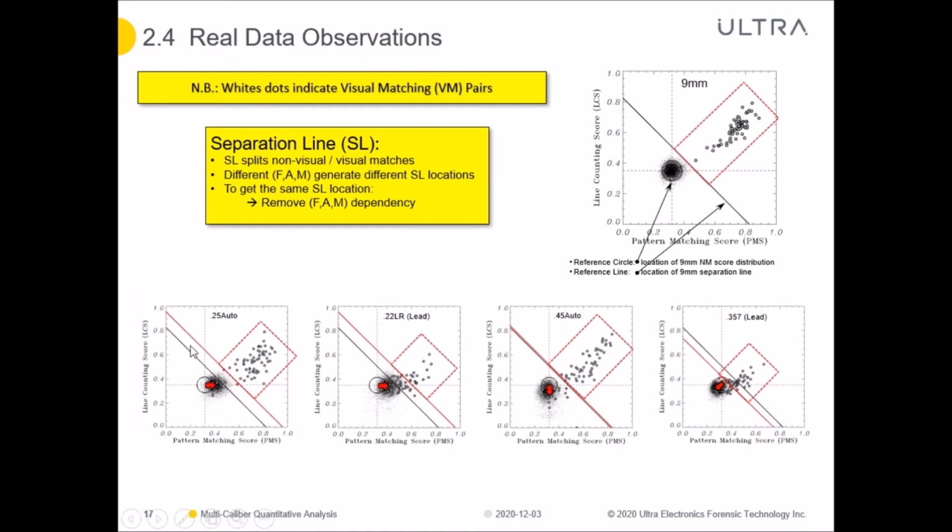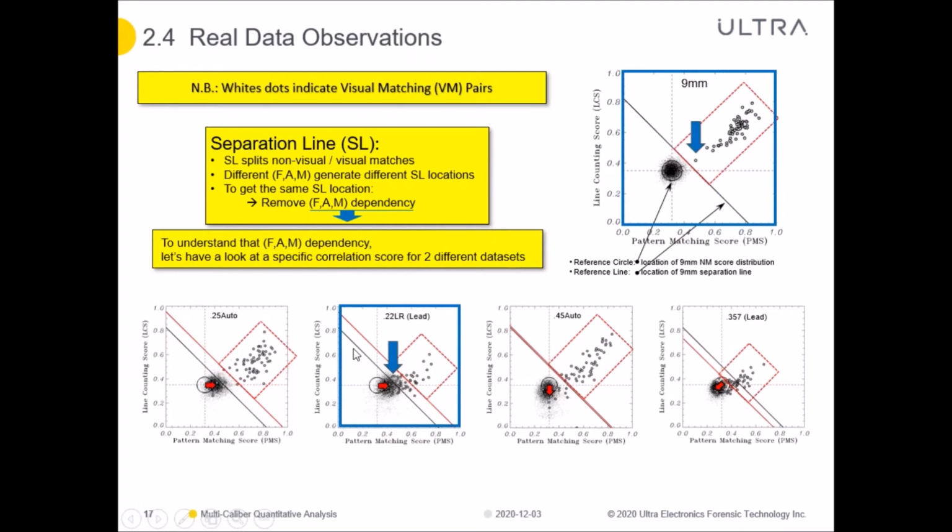First, we all have different separation line locations, but still, the separation line always splits non-visual and visual matches. My 5 data sets all have different FAM combinations, and they generate different separation line locations. So to get the same separation line location, maybe we should remove this FAM dependency. To understand that FAM dependency, let's have a look at a really specific correlation score, but for 2 totally